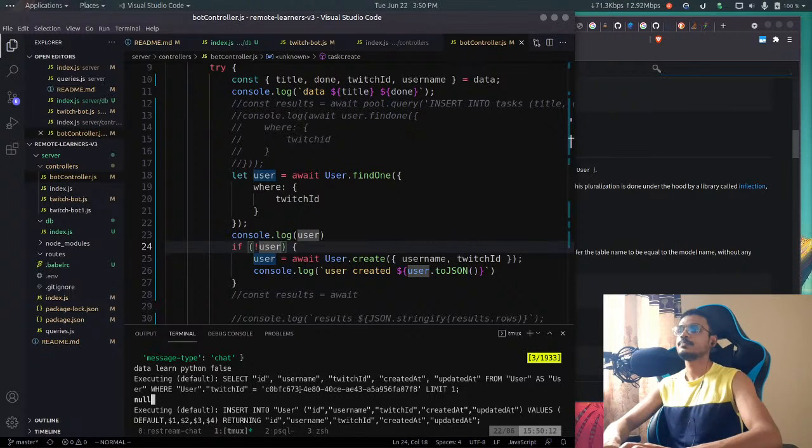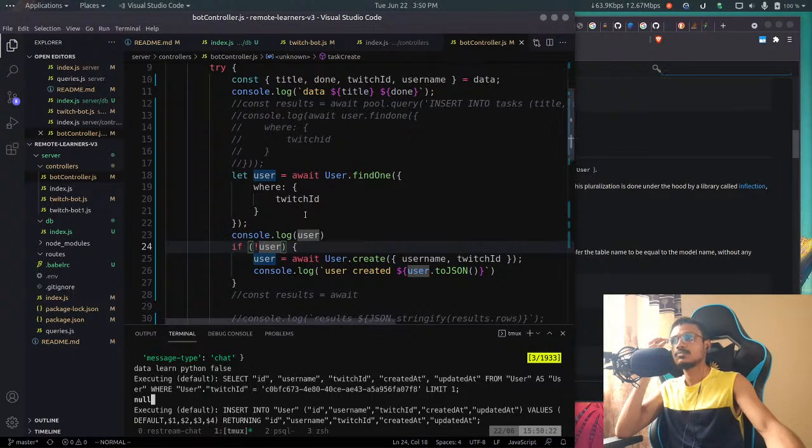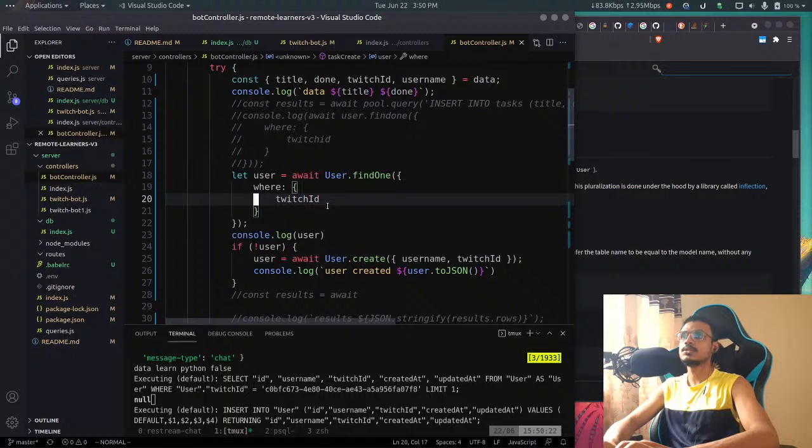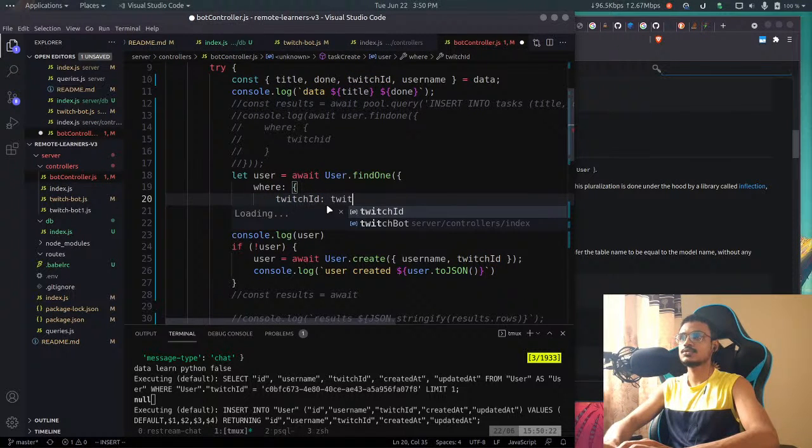It should have found the column, isn't it? Okay, I should maybe, I don't know. Let's try this syntax switch